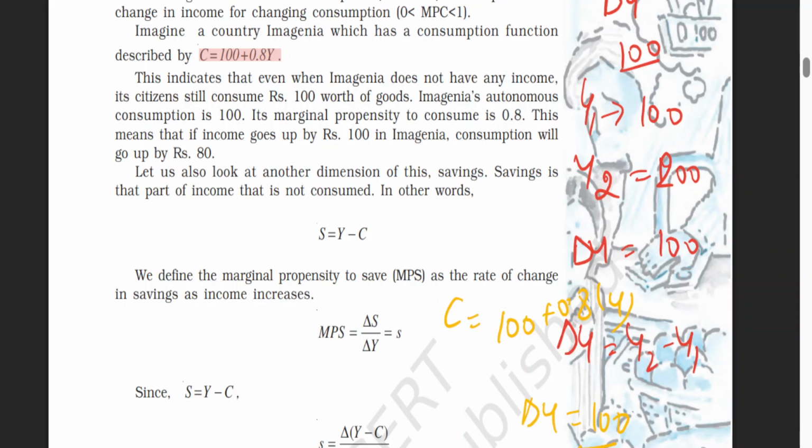Now what do these values depict? You need to compare it with a function which we have studied, that is c equals to autonomous consumption plus c and y. So here, c stands for the consumption function, c bar here is 100, that is autonomous consumption is 100, and your MPC value is 0.8. Now what does this 0.8 depict? 0.8 says that whenever you have a one unit change in your income, your consumption level is going to change by 80 percent. Change in the consumption will be 80%.